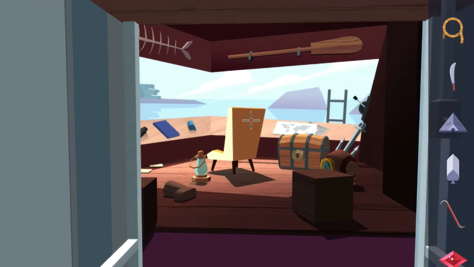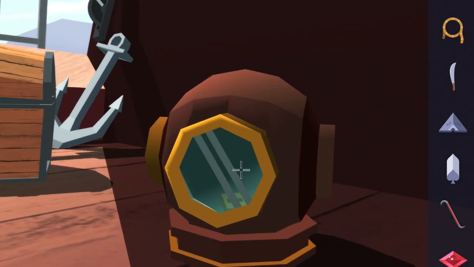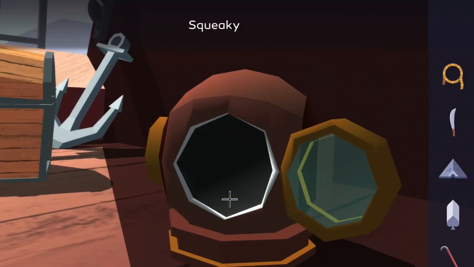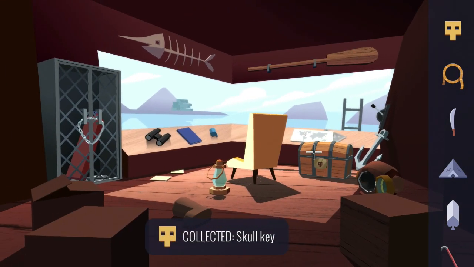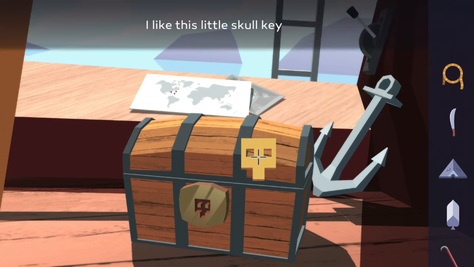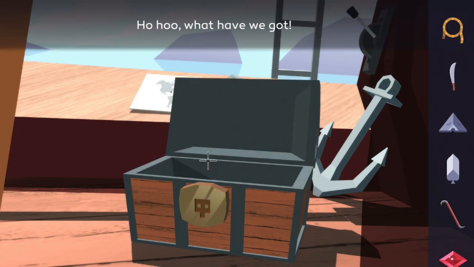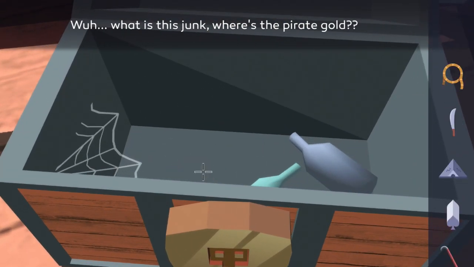Alright, and go inside the room once you're there. Interact with the scuba helmet on the right-hand side. Open it up, pick up a key, exit out of the helmet, interact with the chest. Use the key on the chest, open it up, peek on inside, and then pick up the medallion, and